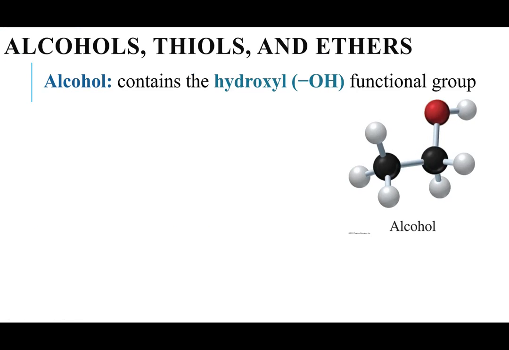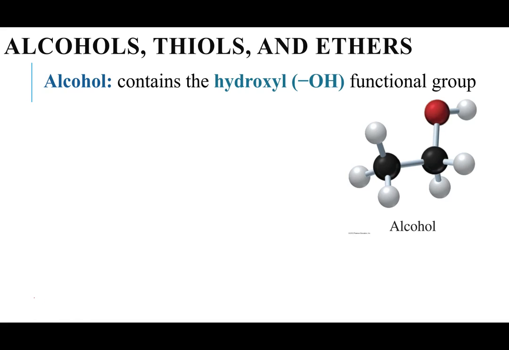All right, so the first three functional groups that we're going to talk about in this particular lecture are alcohols, thiols, and ethers. So the first one we're going to talk about is an alcohol. So an alcohol is this hydroxyl or this OH group